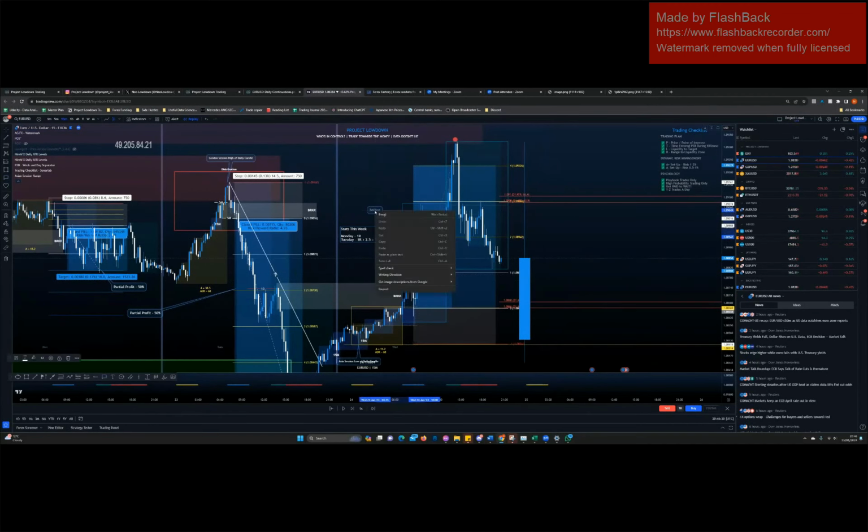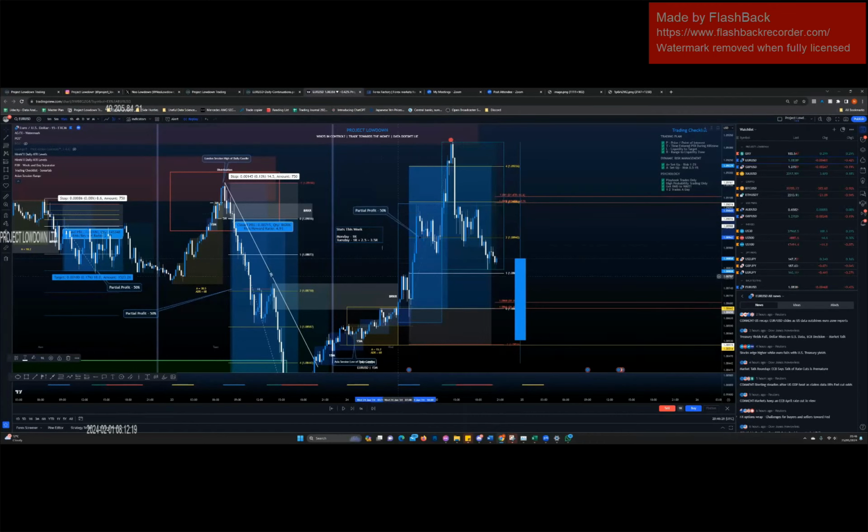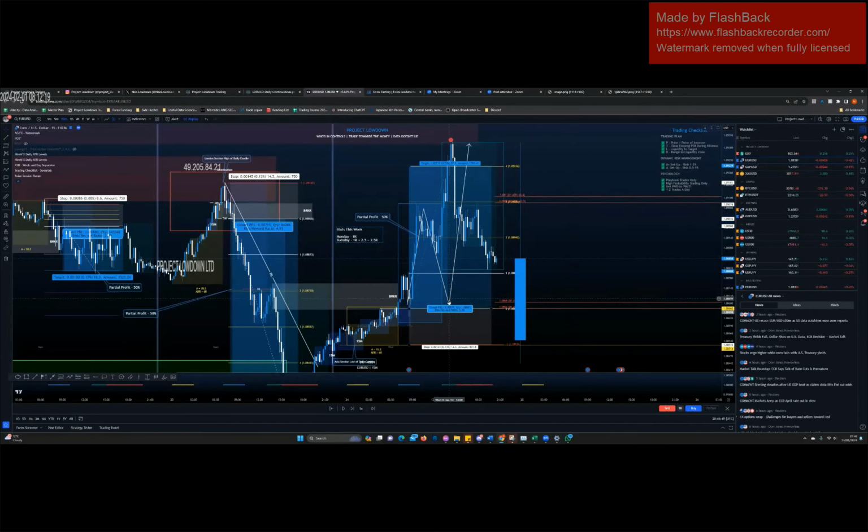And I keep stressing this. The reason why we're doing this is not to choke our profits or anything like that. It's for the psychological benefit, because it's difficult to want to hold this knowing that when New York comes, how do you know this won't happen? You don't. So why give back potentially, or go break even and lose everything, when you could have at least ensured, all right, I've taken something home. Because keep in mind, Monday bought us a free trade for us to be even willing to take this with no real risk.